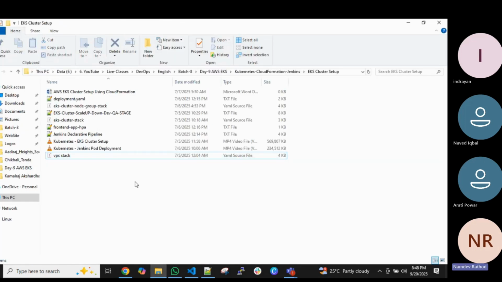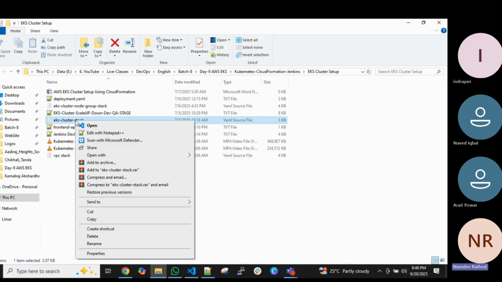I can show you the cluster directly. First, we need to create the cluster server. Then we need to create the worker node once the cluster server, the master server, is ready. So I have this EKS cluster stack to create the